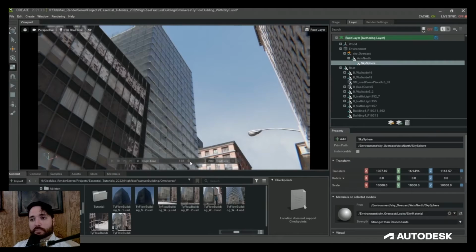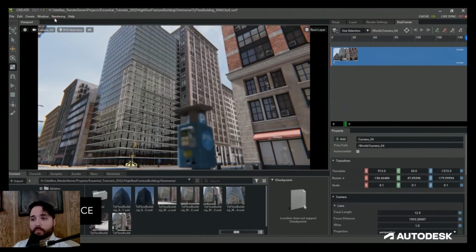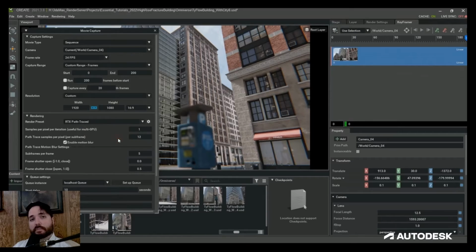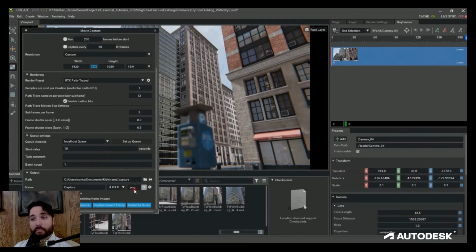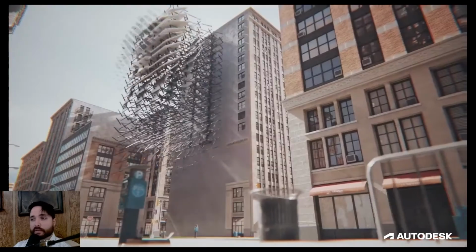Lastly, I also brought in some car models from Unreal Engine and added a couple of keyframes to give the scene more life. Once you're happy with your project, you can export your animations as image sequences and adjust the amount of samples and control just how much fidelity you want in your images. It's incredibly fast to iterate and to see your visual effects come to life.